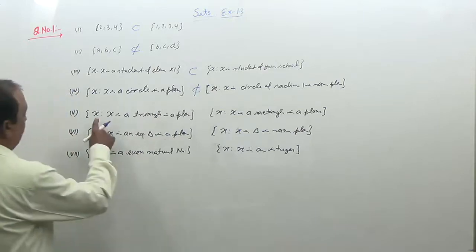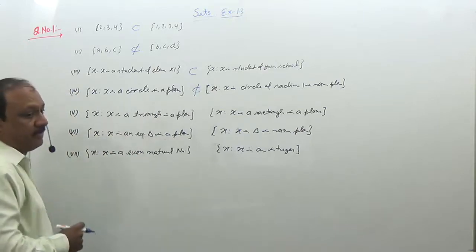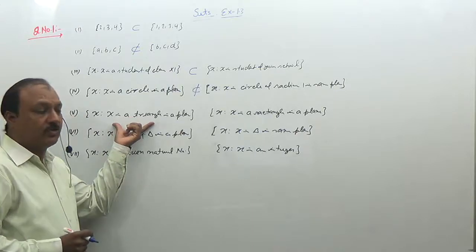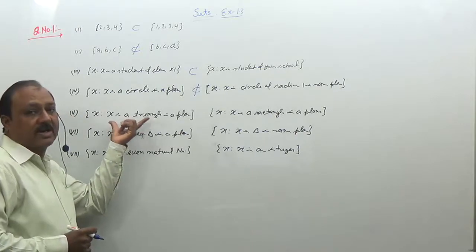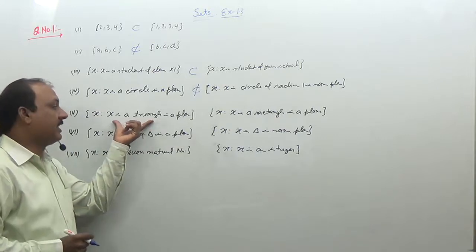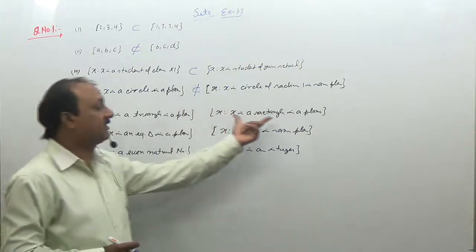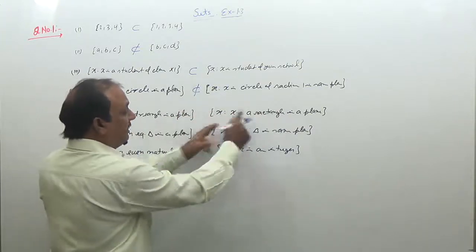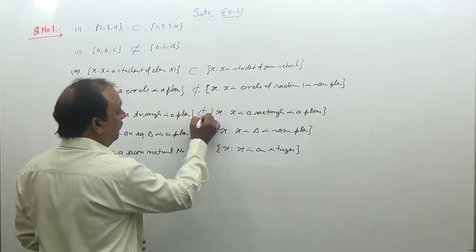Fifth part is x says that x is a triangle in a plane, that is all types of triangle lie in this set. So all types of equilateral triangle, right angle triangle, obtuse angle triangle and acute angle triangle, इसके अंदर सारे ट्राइंगल है, इसके अंदर रेक्टेंगल है. So triangle may not be a member of the set of the rectangle, so this is not a subset.